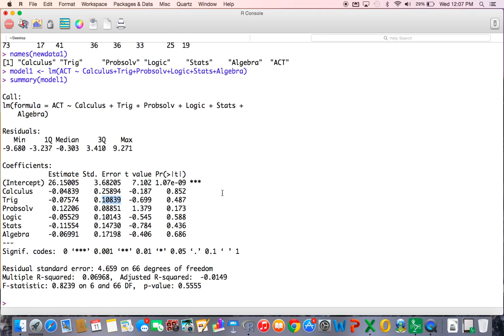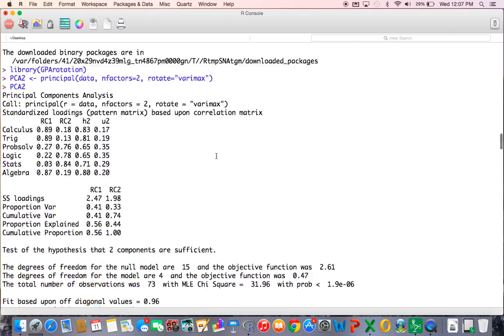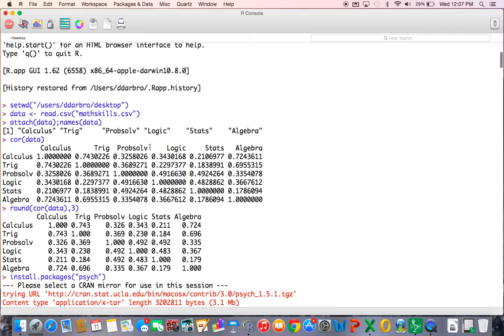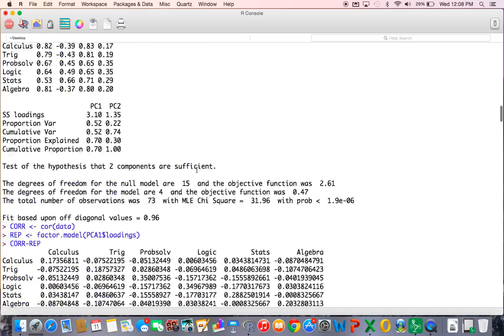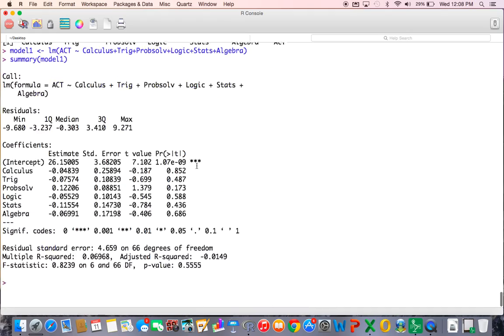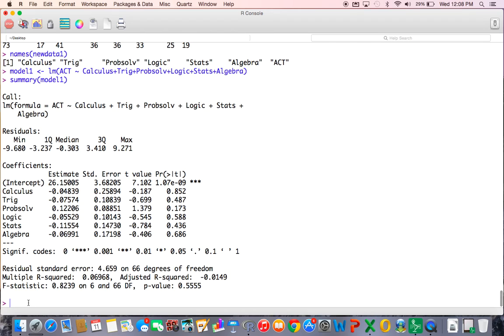Guys, I got major multicollinearity going on, because if I go back up to my original matrix from many moons ago, I see that I have some variables that are highly correlated. Let's see, what was highly correlated? Looks like trig and calculus are pretty highly correlated. Really, after I look at this, it's not as much of a multicollinearity problem as I thought. We could run some variance inflation factors and tell for sure. Another way to do this